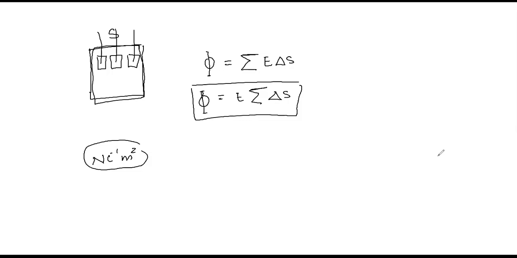The second property is, in a charge-free region, electric field lines are continuous lines. The third property, the tangent drawn to the electric field line at any point gives the direction of electric field at that particular point. Okay. The fourth property, the electric field line is never a closed loop. Never a closed loop. And the fifth property is, the electric field lines never cross each other. The sixth one is, the electric field lines are always perpendicular to the surface of the conductor.